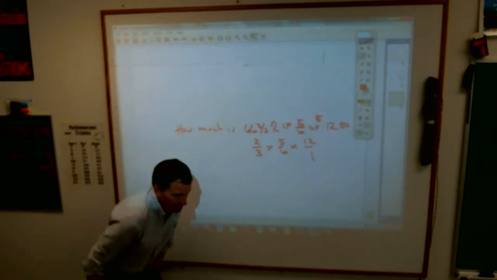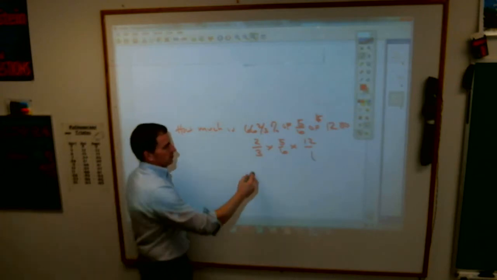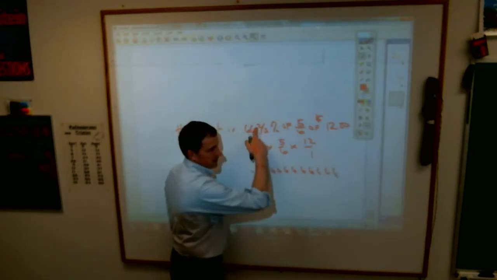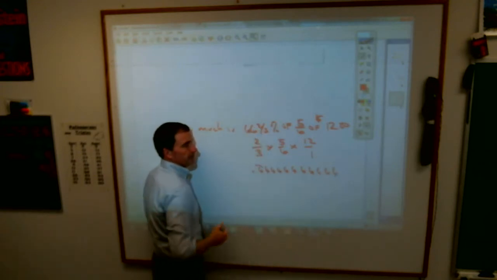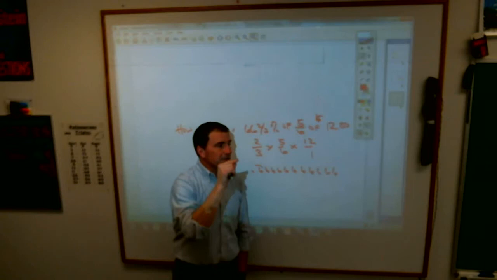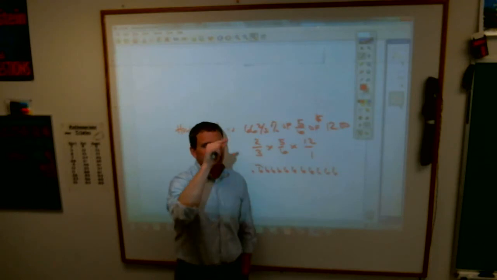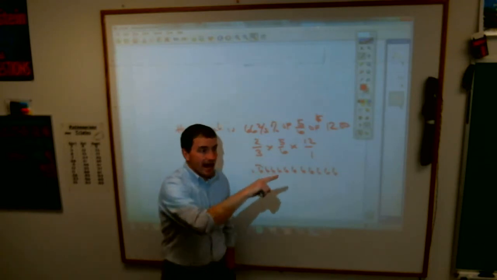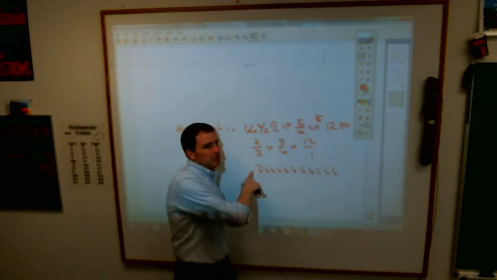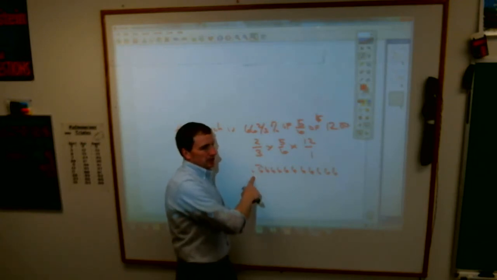The reason you can't make it in the decimal form is because it is a repeating decimal. Please understand this. If you were to do this out, you would have to keep writing sixes forever, because it is 0.6 repeater. Understand, a repeating decimal is a rational number. All repeating decimals can be written in fraction form. An irrational number is a non-repeating, non-ending decimal. This is non-ending, but it does repeat. If your decimal repeats somewhere, somehow, you can change it into fraction form.